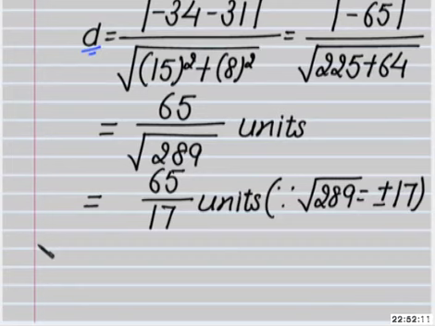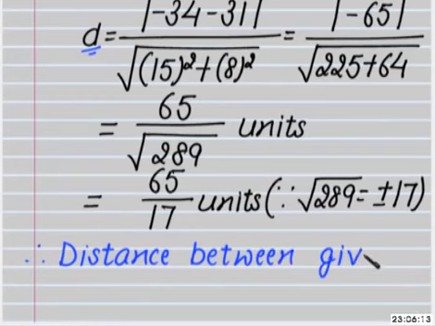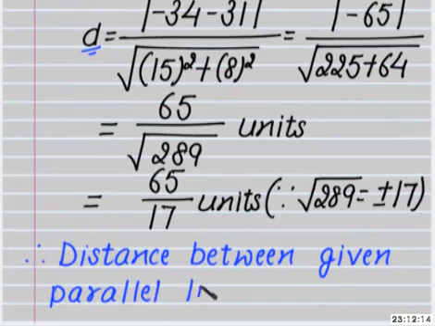So therefore, for the given example, distance between given parallel lines is 65 divided by 17 units,